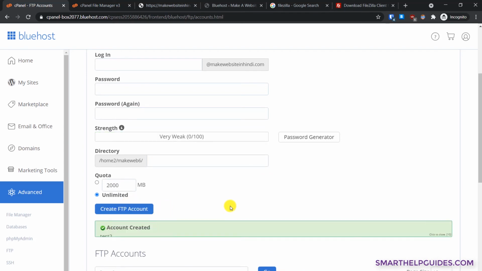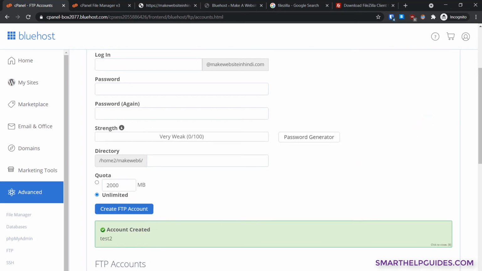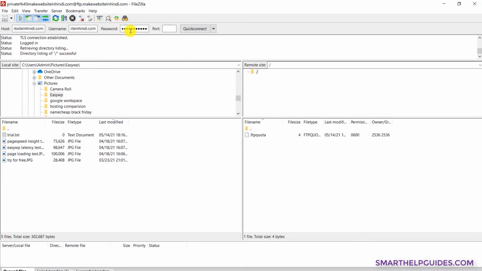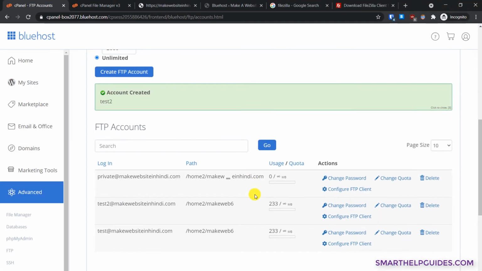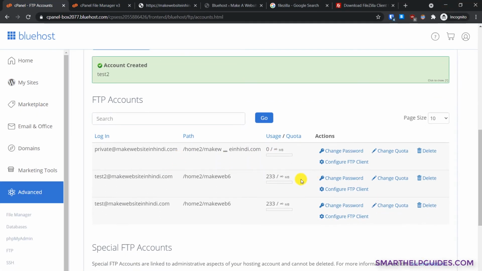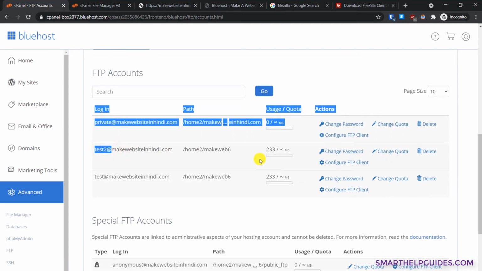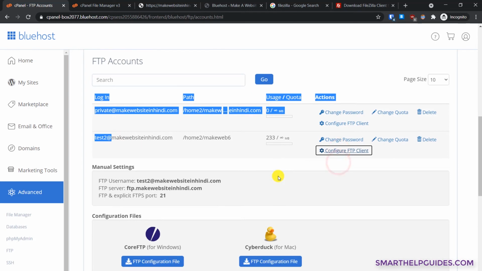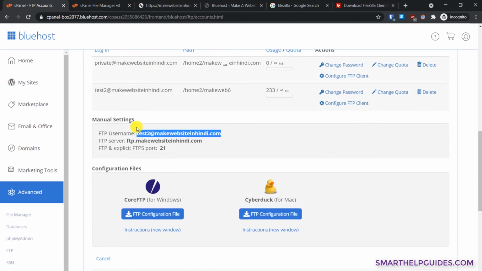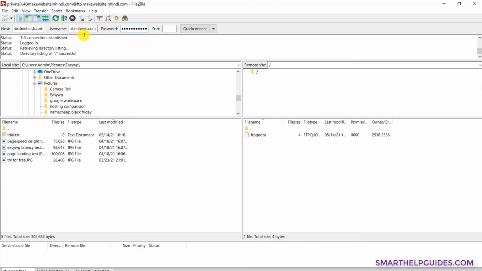Okay, the account has been created. Now go to FileZilla, put in the password here, then scroll down. You will see all the accounts you have created here, and then click on the account I just created, test2. Click on configure FTP client, copy the username and server details from here.